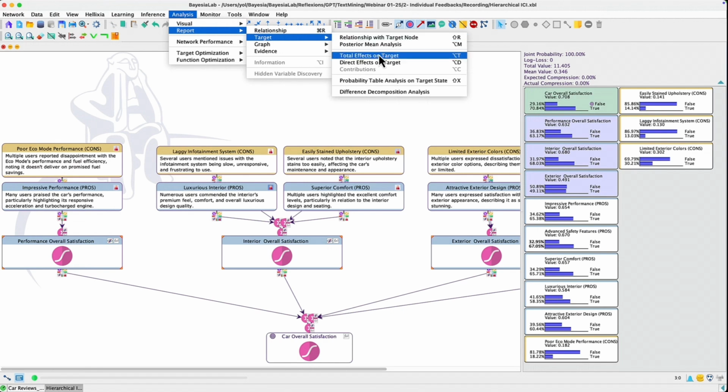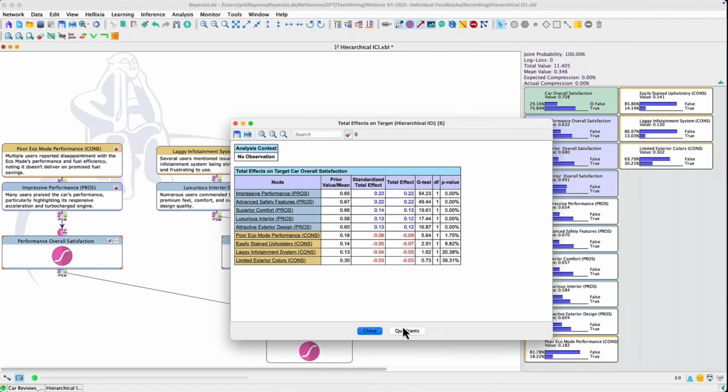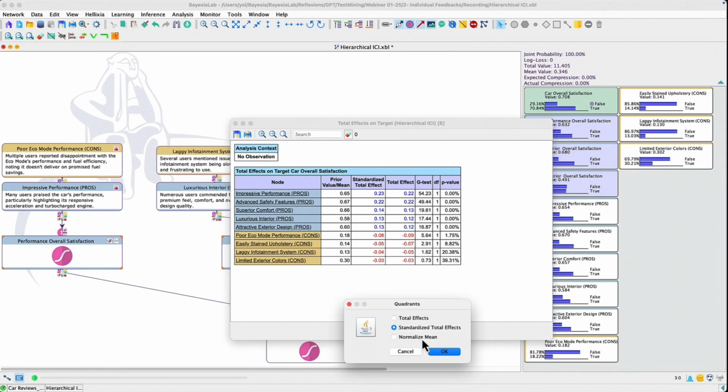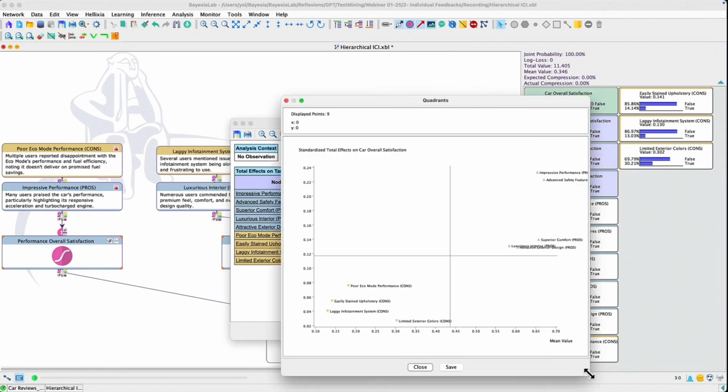The last thing I wanted to show you for this example is the total effect on target. I can generate a quadrant here by using a standardized total effect, which is the same thing as a direct effect in that case, because we are assuming that they have an independent causal influence. You see this little triangle: when it's blue and going up, it's a positive effect; when it's yellow or so, and going down, it's a negative effect.